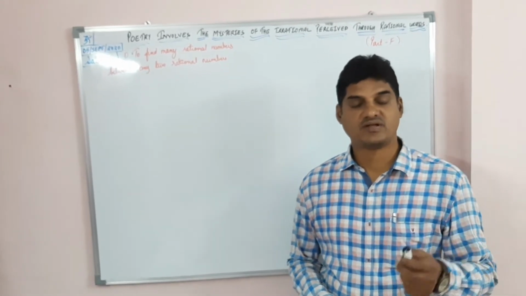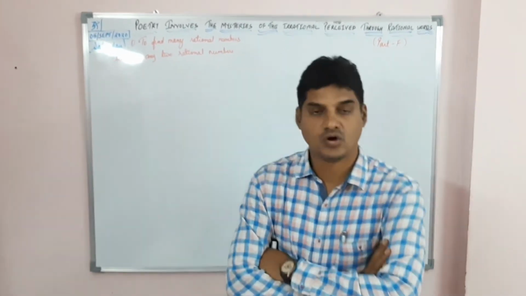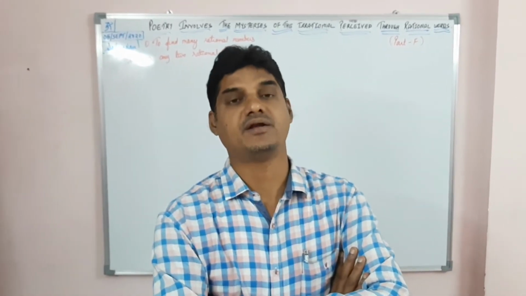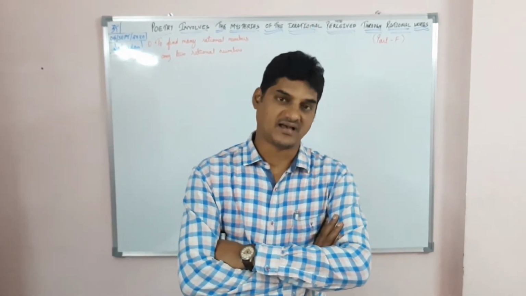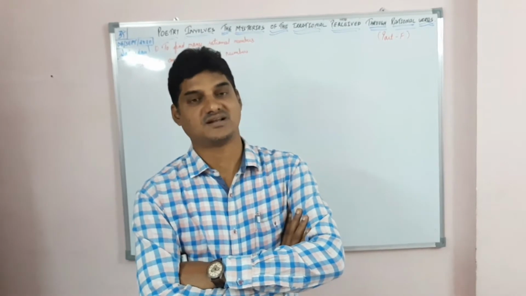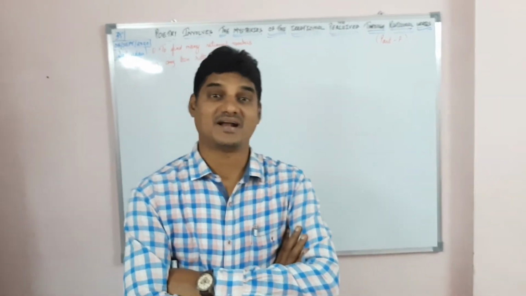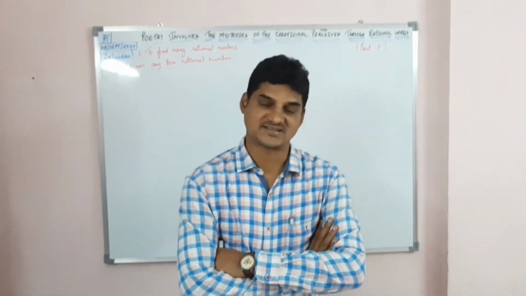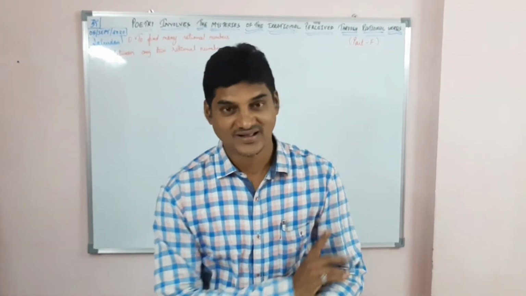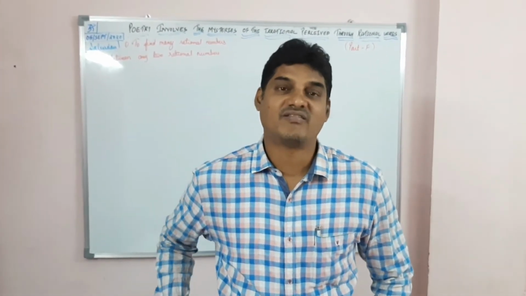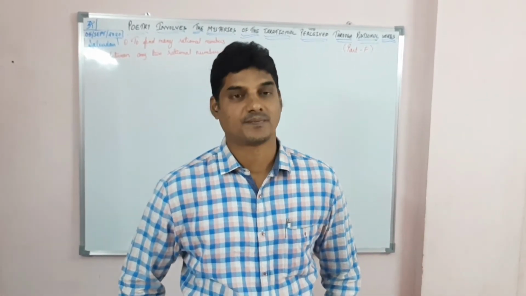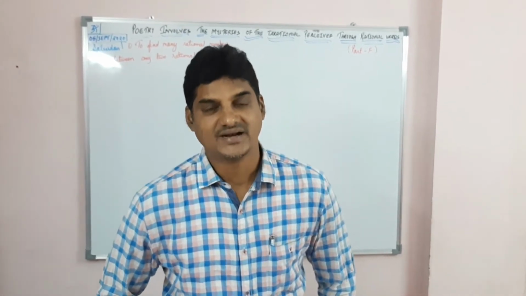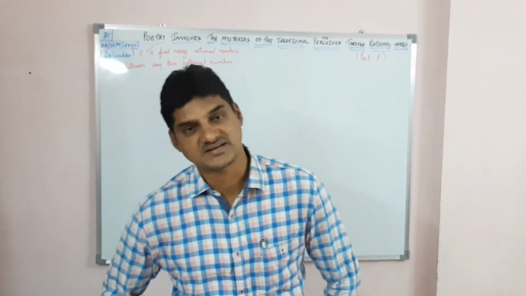Now students, we have done some sums and we got a rational number between any two rational numbers. Right? Now, if a question is asked, not only one rational number, students, find 100 rational numbers between any two rational numbers. What? You heard right, students. Find 100 rational numbers between any two given rational numbers. Or find 10 rational numbers between any two rational numbers.